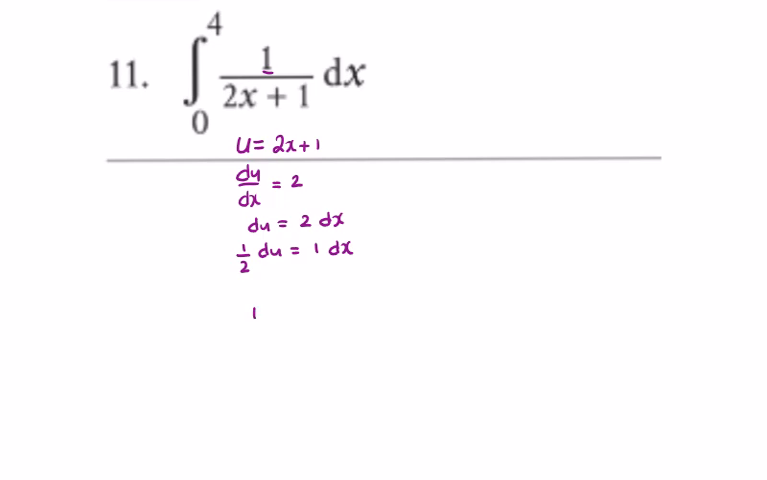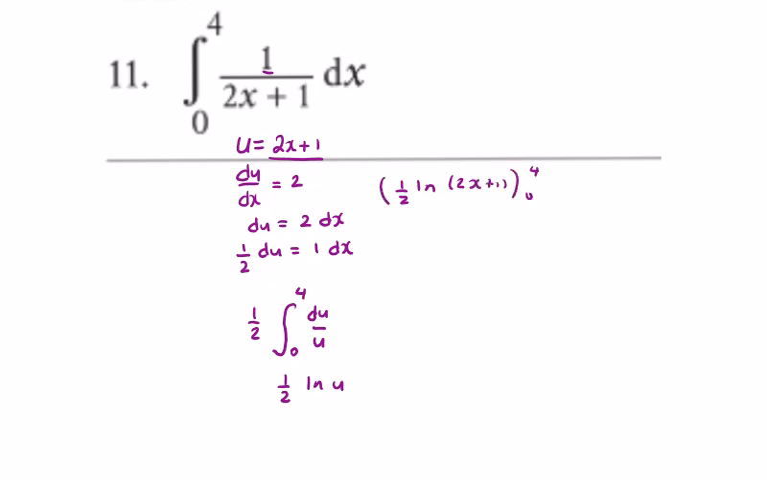So if we factor out the half and take the integral of what will be du over u, we'll end up with half the natural log of u between 4 and 0. And the natural log of u will be a half times the natural log of 2x plus 1